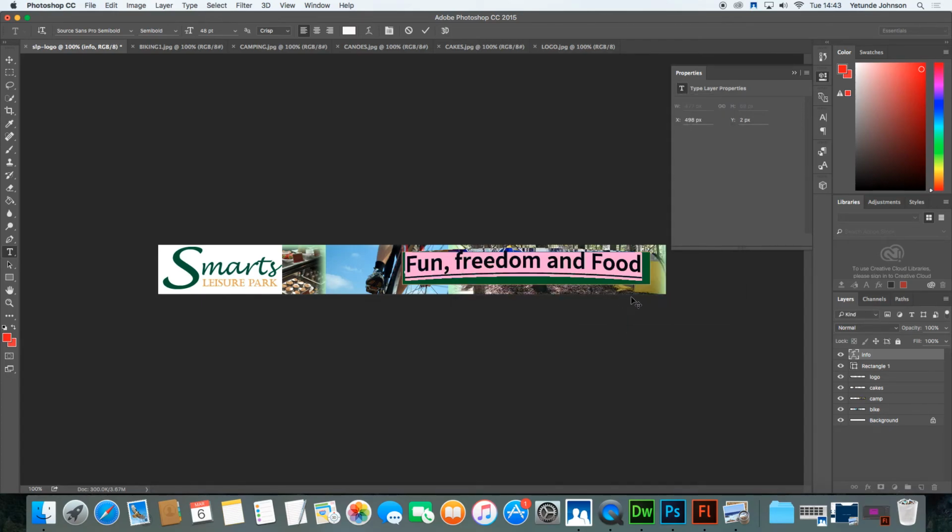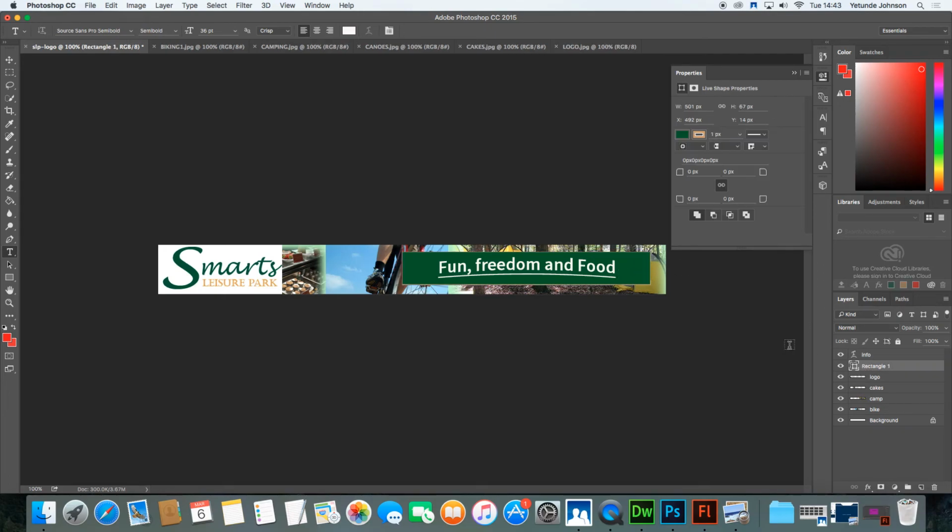Cool. And then I can actually bring down the font to about 36 and shift it so that it's central. Not the best logo. Let's make the box a bit smaller so that it fits. So this layer,